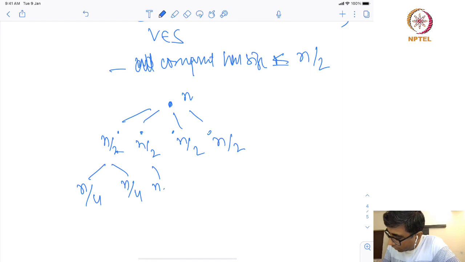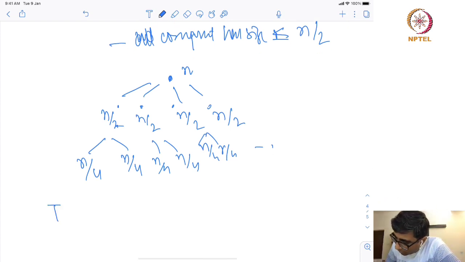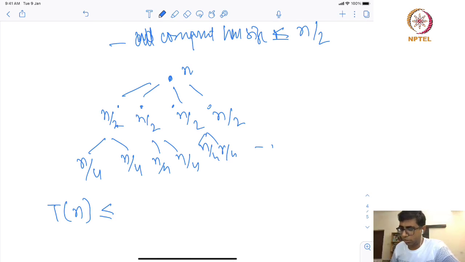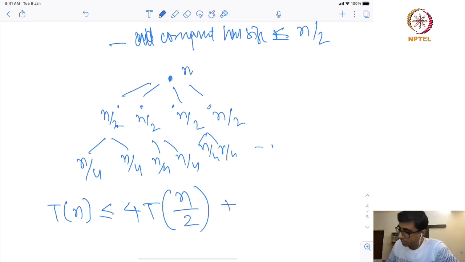Then you will get n over 4, n over 4, n over 4, and so on. So the running time of this algorithm is T of n, which is going to be 4 times T of n over 2 plus some time